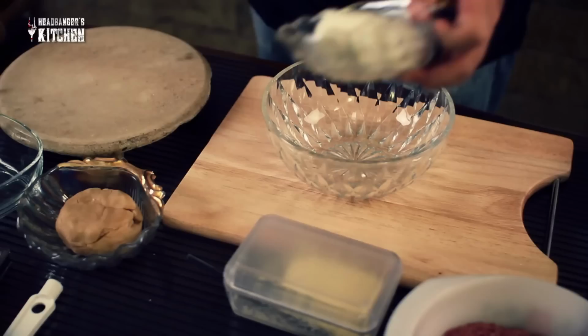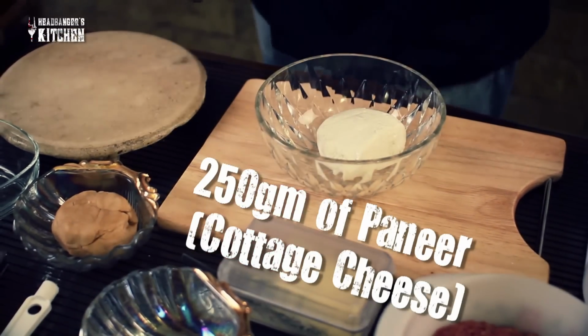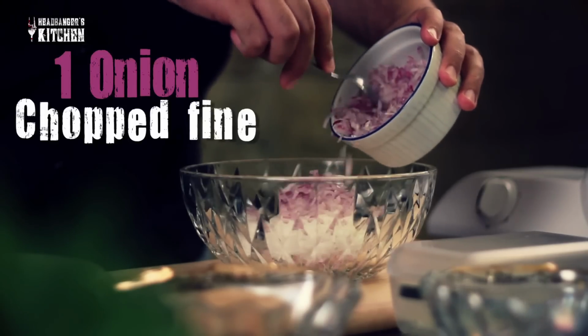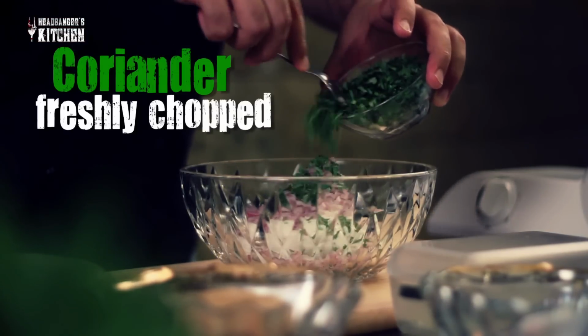Now that we're done making our atta or dough, it's time to make the paneer stuffing. We need about 250 grams of paneer. Paneer is cottage cheese, for those who aren't aware. We're going to add some salt to season. We're going to add about 1 onion chopped fine, some coriander freshly chopped,